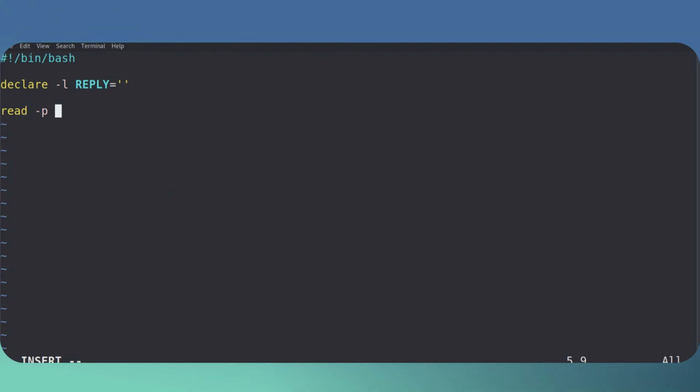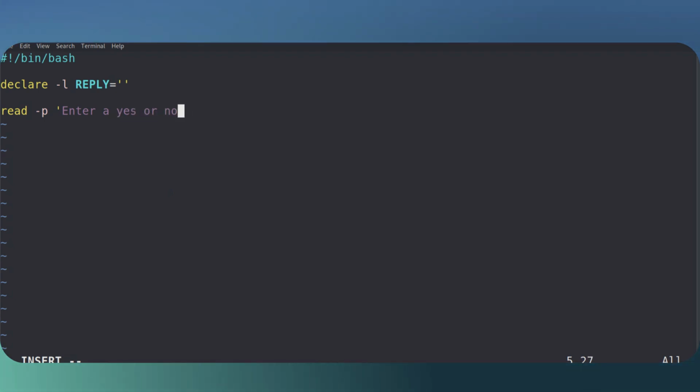We can specify the prompt, so -p, put some kind of prompt, so enter a yes or no. We can put maybe a colon to indicate this is a prompt, but always follow it with a space, so it's easy to delimit what the user has typed from what they're seeing on the screen. Otherwise, it's going to be confusing for our user. Now, if I don't put in a variable name, it's going to use the variable uppercase REPLY. We've already declared that, so we know it's always going to have lowercase values. And we can test its input now.